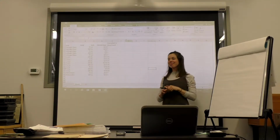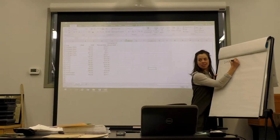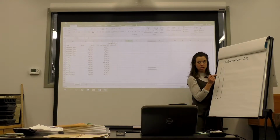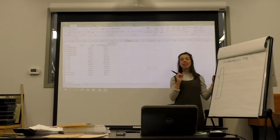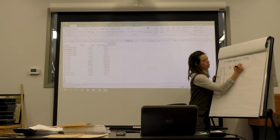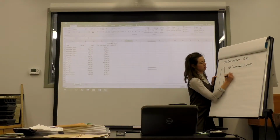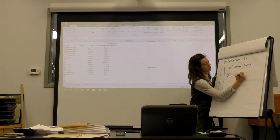Okay. Zoe, what'd you do? I kept it simple, like the way we did it last week. We have 150 feet beds, and the spacing for the watermelons is 18 inches. So that's 1.5 feet. So I divided 150 by 1.5. So that's 100 plants per bed. So 150 feet divided by 1.5 feet is 100 plants